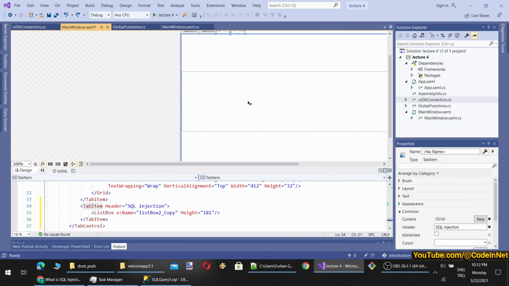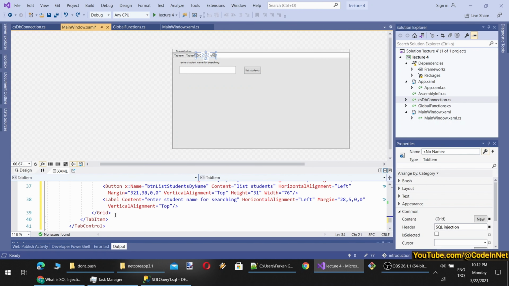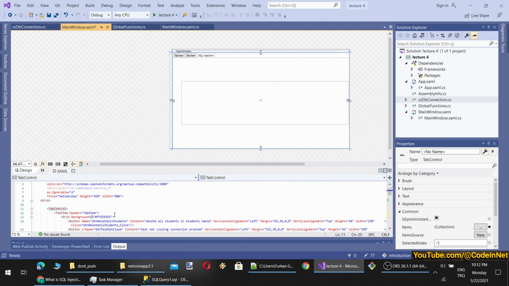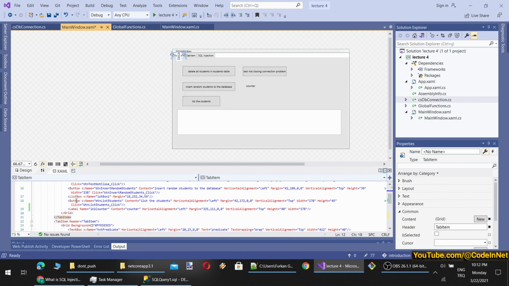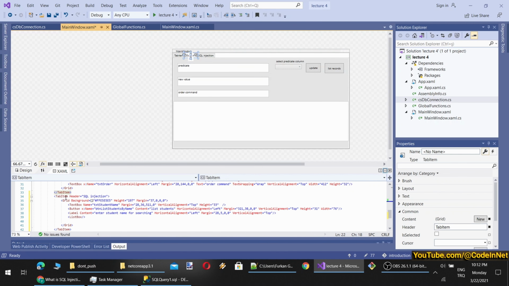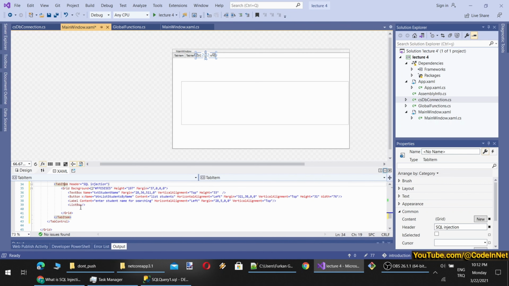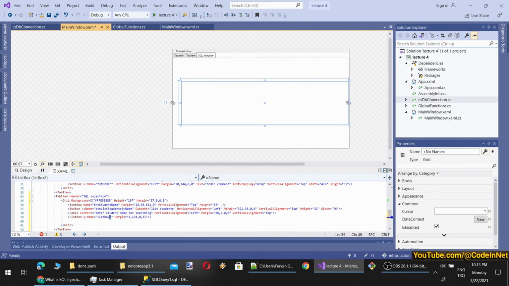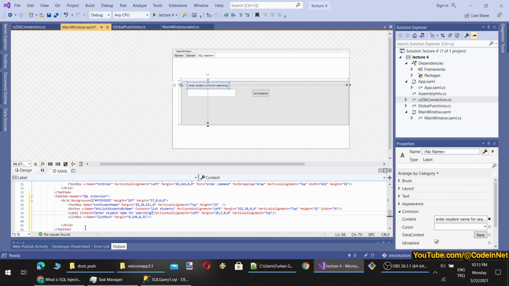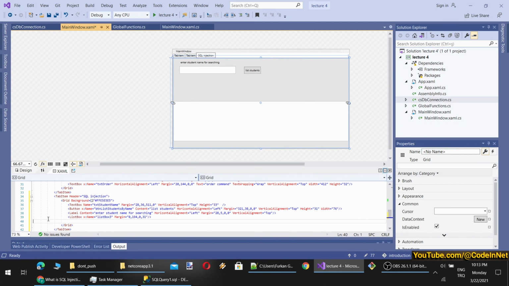Let's add our own list. We have some unnecessary code here, I think. We have tab control, tab item 1, tab item 2, tab item 3. And here we have a list box, so I will just paste this as list box 3. We will remove the extra one. Okay, now it's looking good.